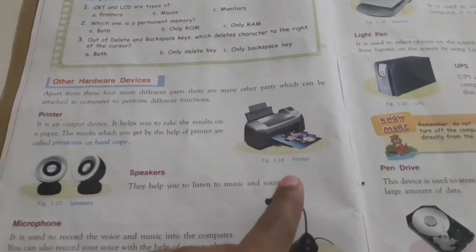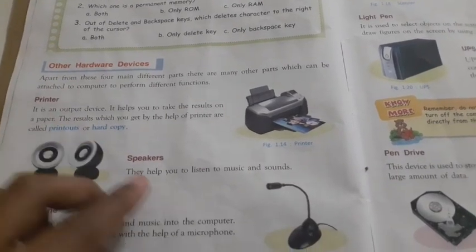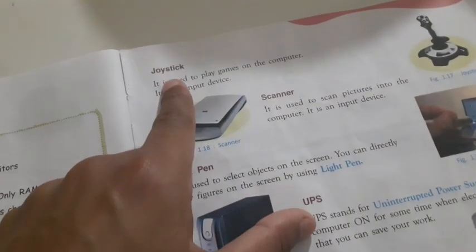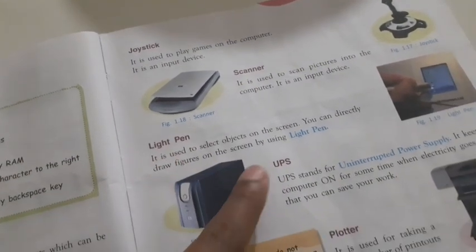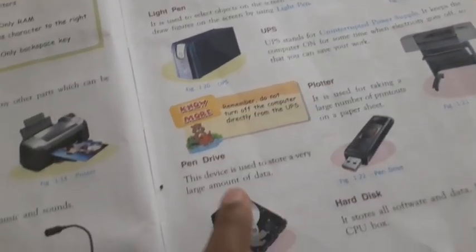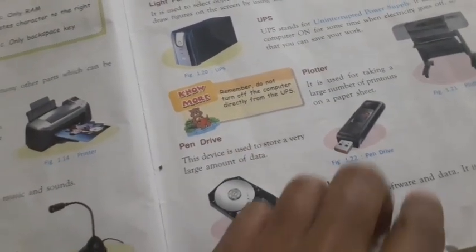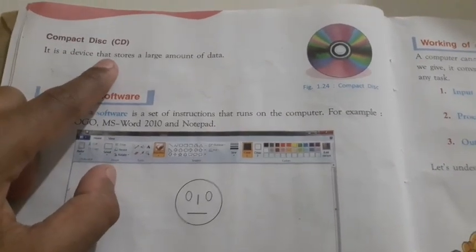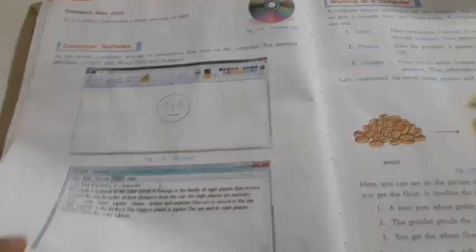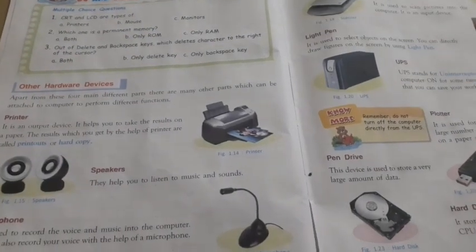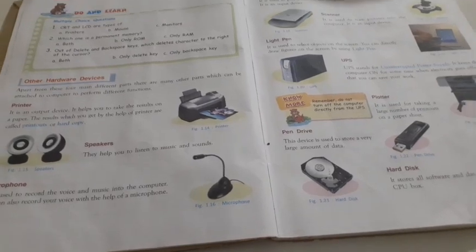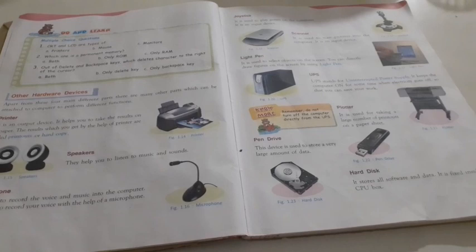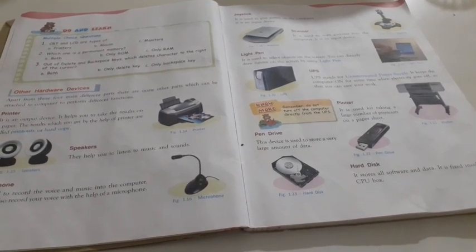for many purposes. So the first one, the printer, then the speakers, microphone, then joystick, scanner, light pen, UPS, plotter, then pendrive, hard disk, then compact disk, then this one. So like this, many devices we can connect to the computer. So now I will explain to you about each of the devices which can be connected to the computer